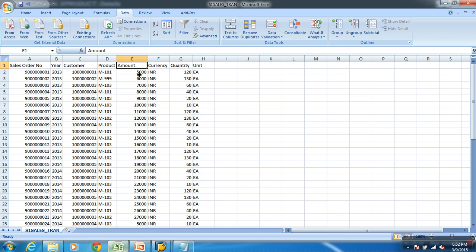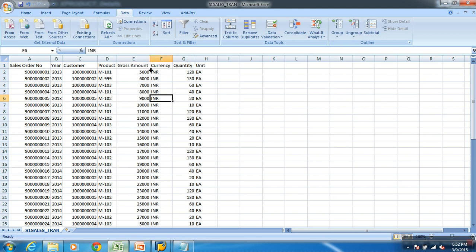So whenever I say I have a key figure of type amount, this heading amount confused. Let's say this is gross amount. I have a key figure called gross amount. This key figure is of what? It's a key figure of what type? It is going to hold amount values.